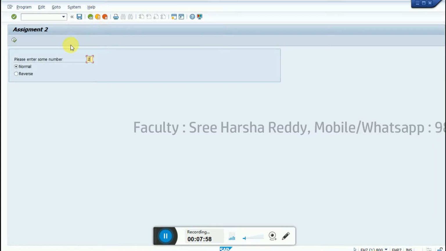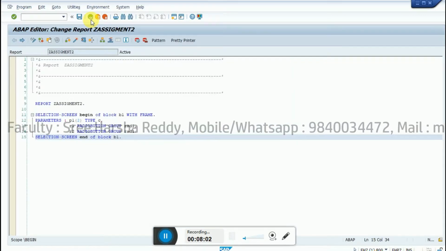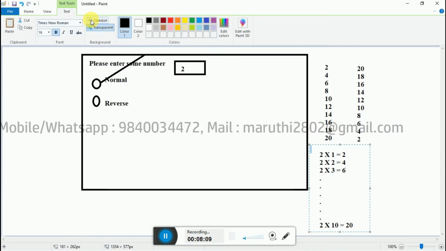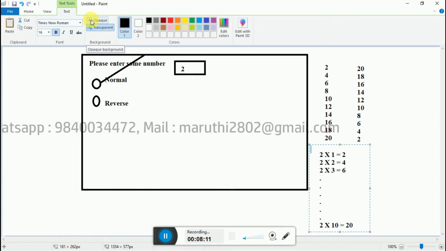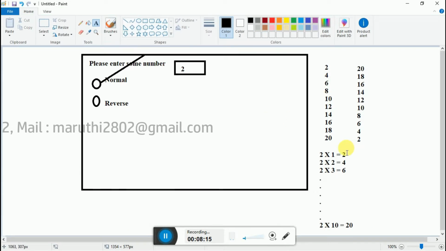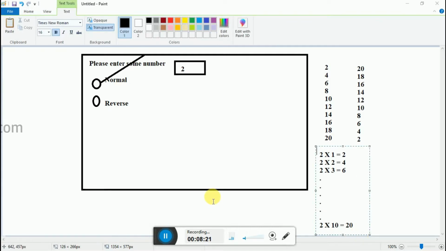Now whatever number I give here and execute, the table should get printed. So how to do this? So this is our requirement. Anyways we have to print 10 records in the output. That's for sure. So what can we do? You can